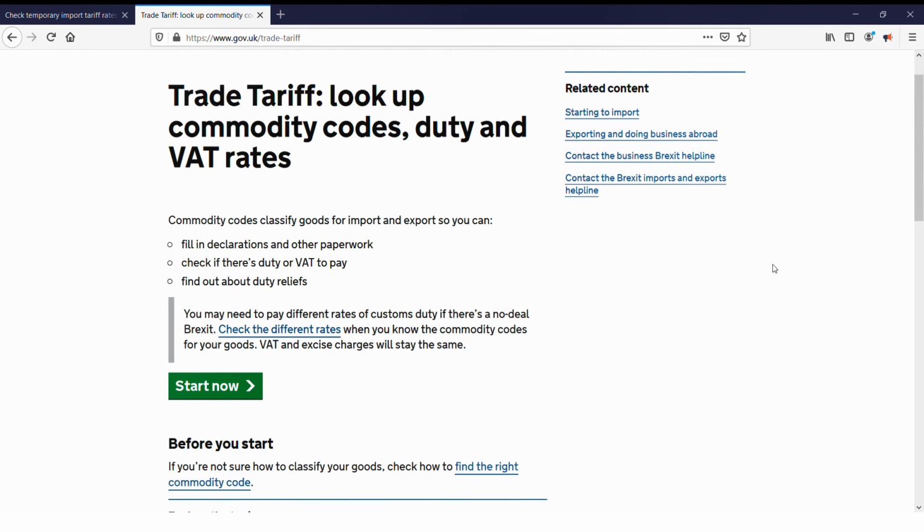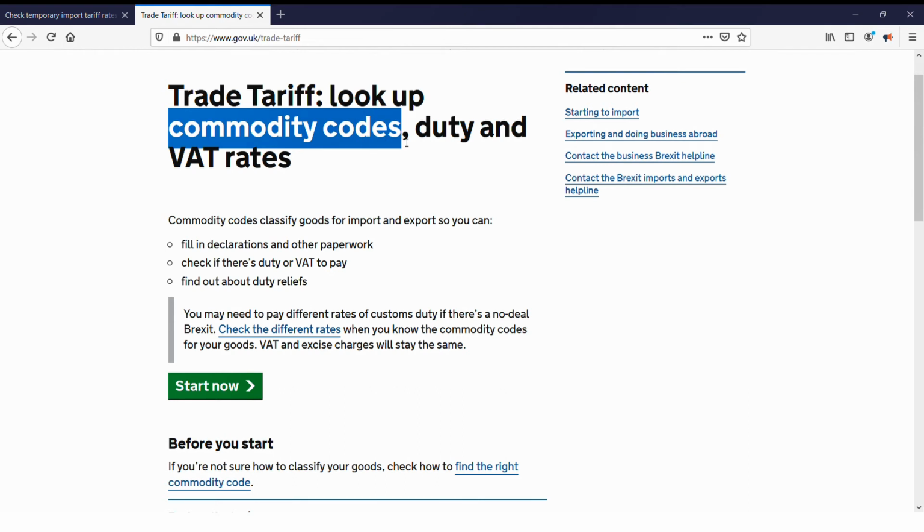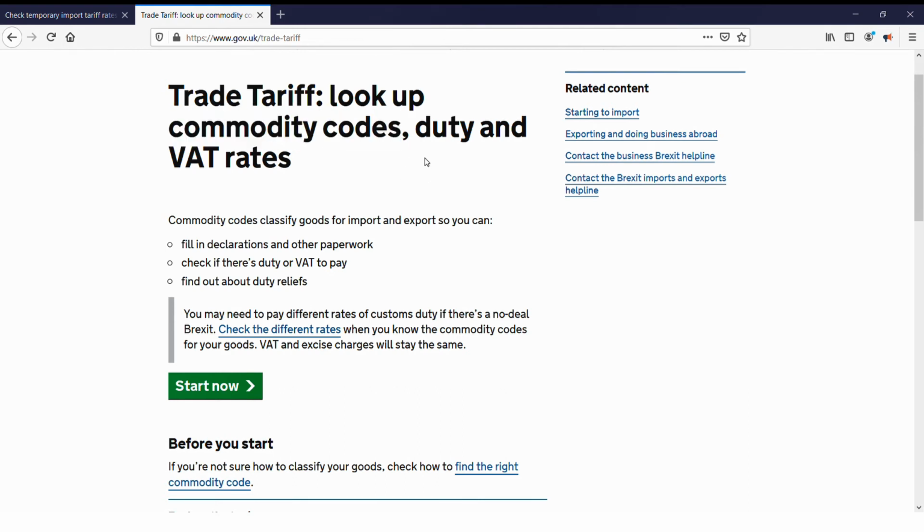What about commodity codes, duty, VAT rates, and Brexit? Good question. I can only imagine that the structure of commodity codes will remain largely unchanged, as importing and exporting goods would be easier and less burdensome if all countries were singing from the same hymn sheet with respect to commodity codes. As far as VAT and duty are concerned, the most popular option, by far, is for the UK to reach a deal with the EU that continues to keep VAT and duty set at 0.00% for the bulk of goods traded with the EU.